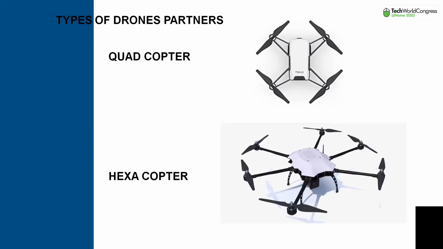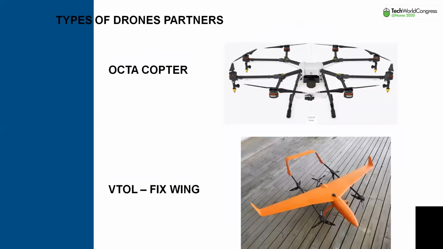And the second, as you can see in the second image, has six motors. So it is called a hexacopter. So we have quadcopter, we have hexacopter, and there is octocopter. Of course, it has eight different motors for heavier payload lifting capacity. So this is the octocopter, as you can see in the first image.